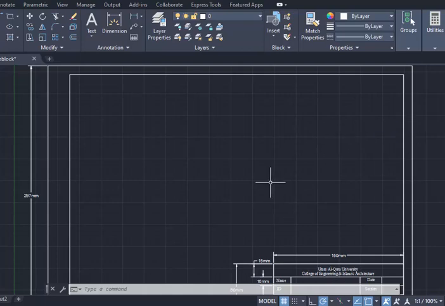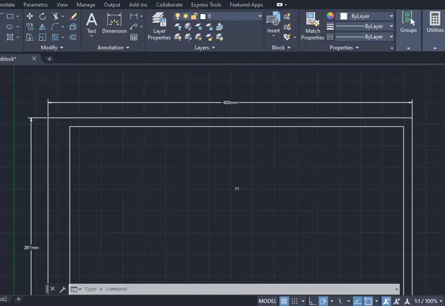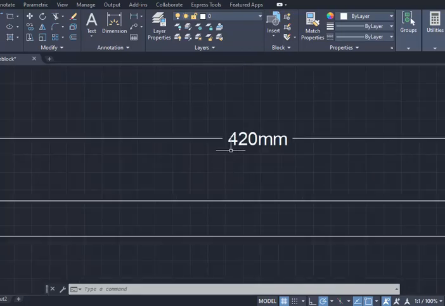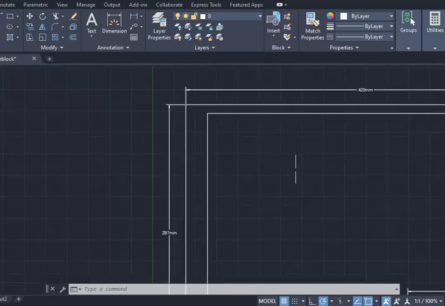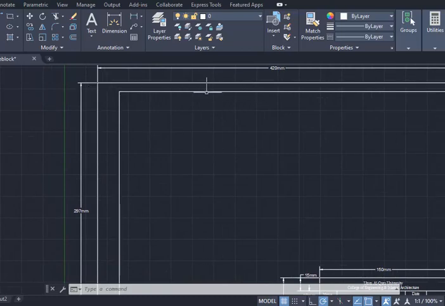Okay, now we'll learn how we can create the frame for our drawings. For example, we suppose our drawing size is A3, meaning the paper size is A3. So you know that for the paper, the size is 420 millimeters, and the y-axis is 297 millimeters. So you can make any rectangle, or you can make lines 420 by 297. This is the outline